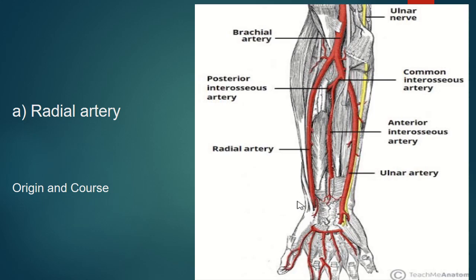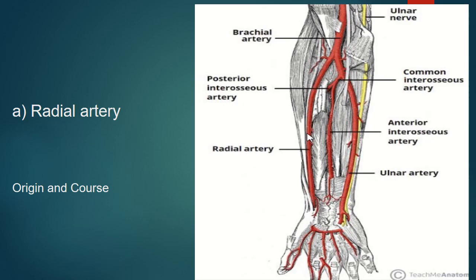We'll talk about the course of radial artery in the hand in our next substage. For now, you just need to remember its course in the forearm. As compared to the ulnar artery, this radial artery is quite superficial throughout its whole course. When the brachioradialis muscle is pulled laterally, the entire length of the radial artery is visible. Due to its superficial course, the pulsations of the radial artery can be felt throughout the forearm.